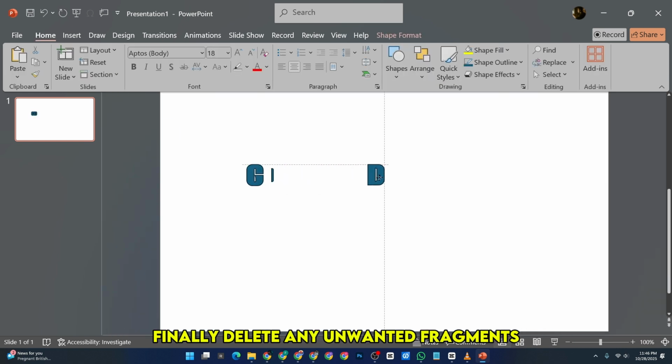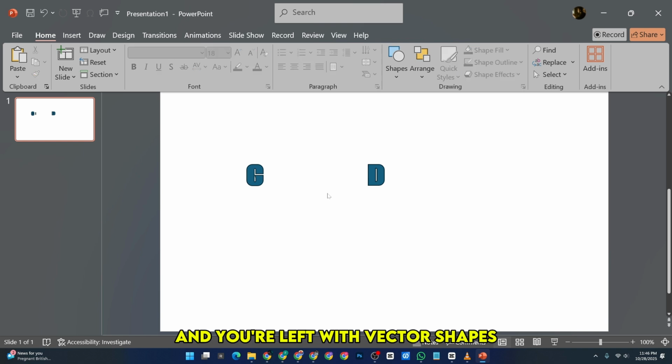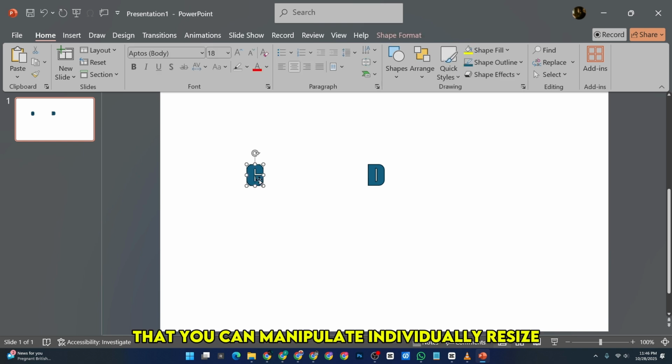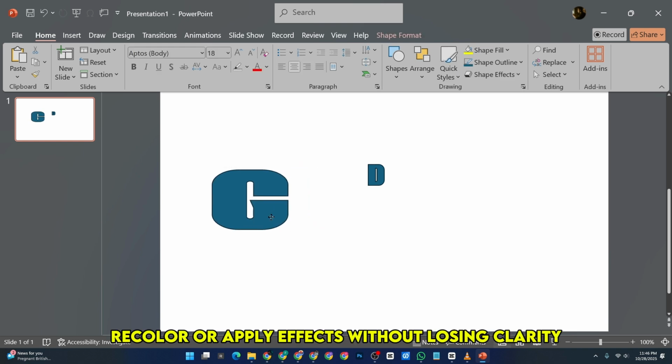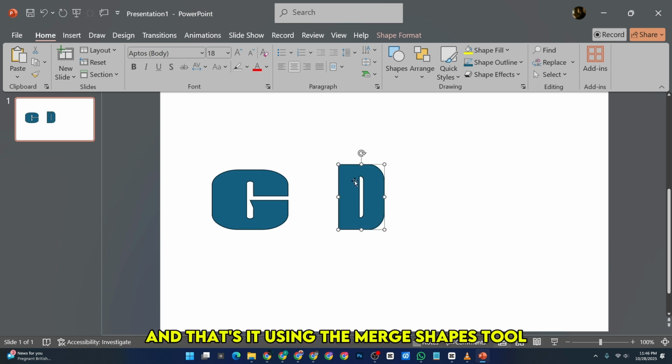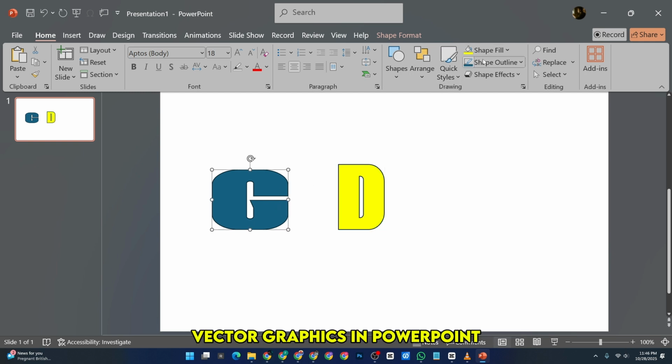Finally, delete any unwanted fragments and you're left with vector shapes that you can manipulate individually, resize, recolor, or apply effects without losing clarity. And that's it. Using the Merge Shapes tool, you can easily convert text into editable vector graphics in PowerPoint, perfect for high-quality designs or professional